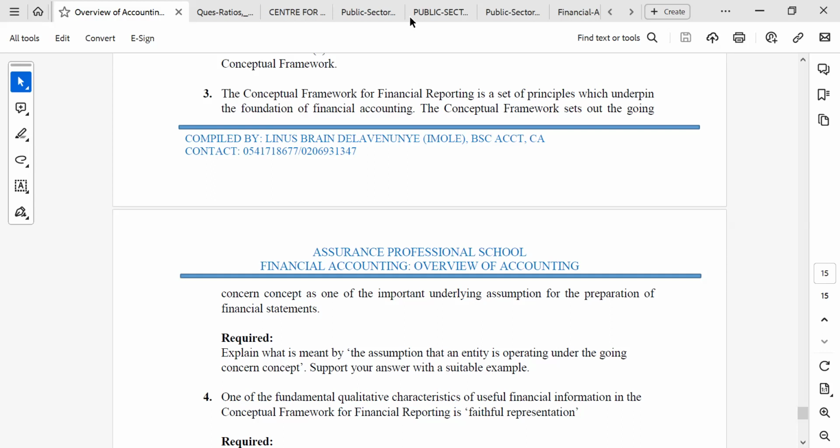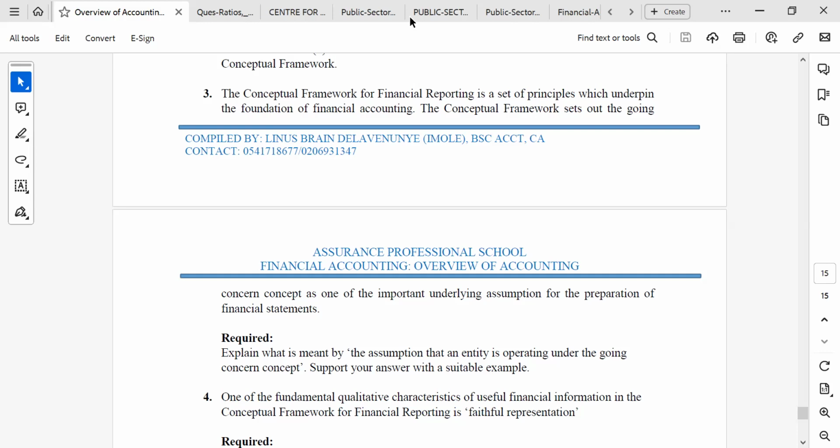So the entity is operating into the what? Into the foreseeable future. There is no sign that the company will stop operating. They are not preparing their financial statements on breakup values. They are preparing it on the going concern what? Concept. Okay. So the practical example will be, the company has receivables